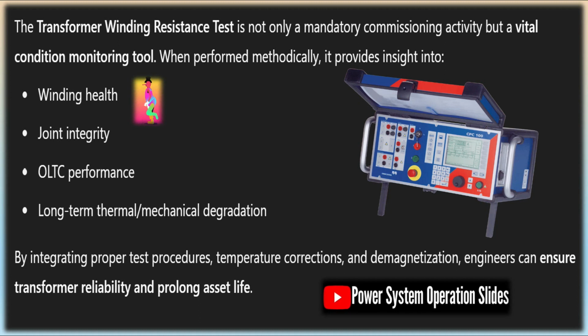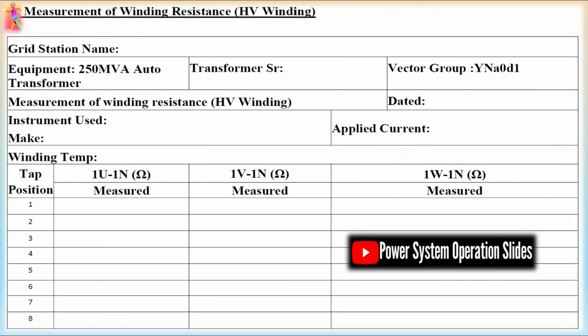Winding resistance varies as a function of conductor temperature due to changes in resistivity of the copper or aluminum material. Testing at different ambient conditions or after loading can yield inconsistent values unless corrections are applied. Reference temperature is typically set at 20 degrees Celsius to align with factory test data. Measuring the actual winding temperature using surface or embedded temperature sensors at the time of testing allows for precise adjustment